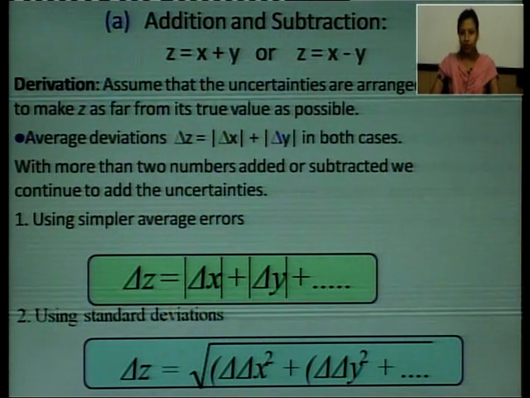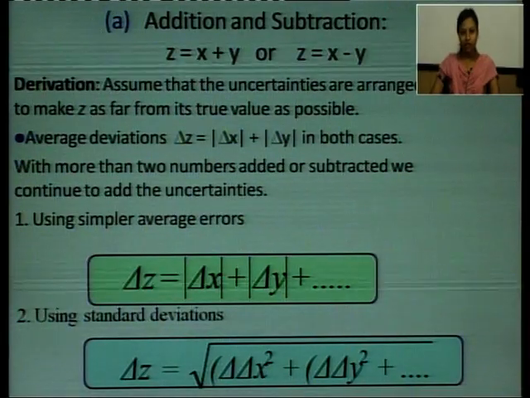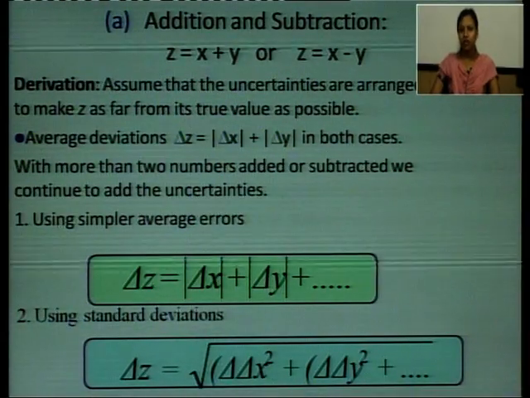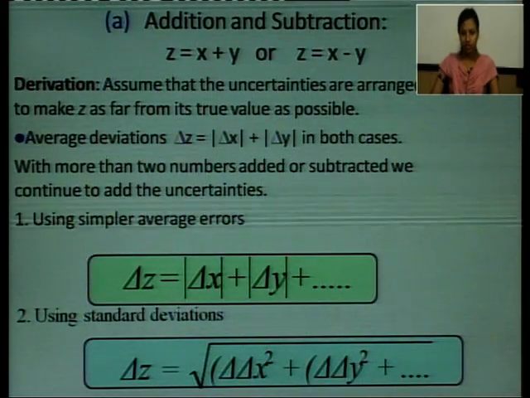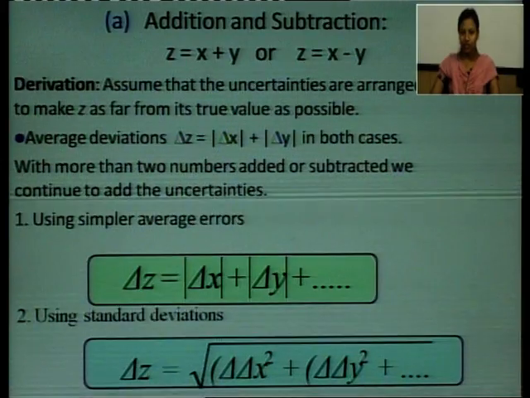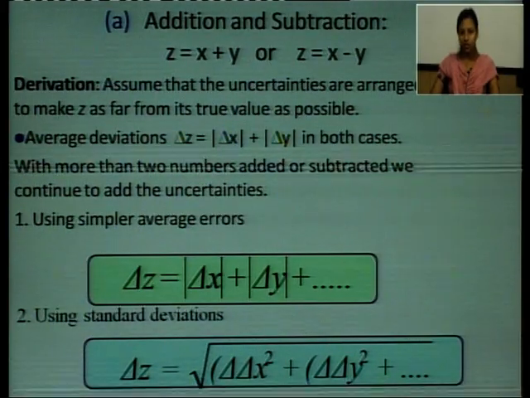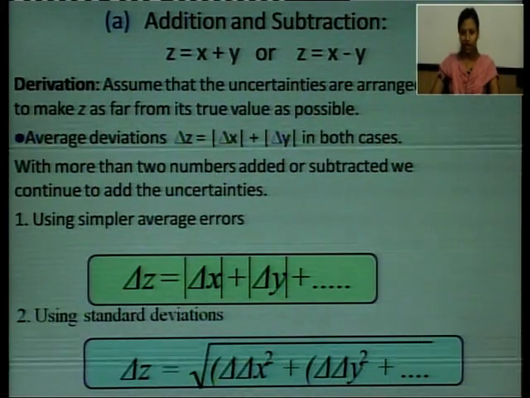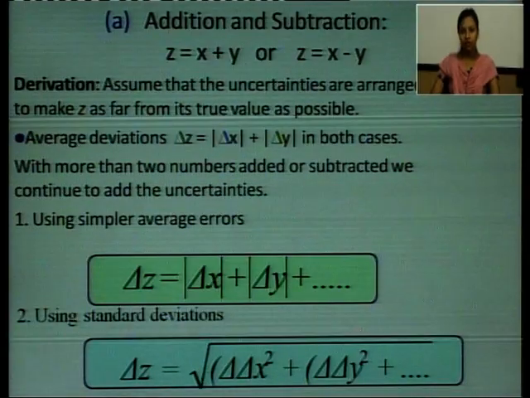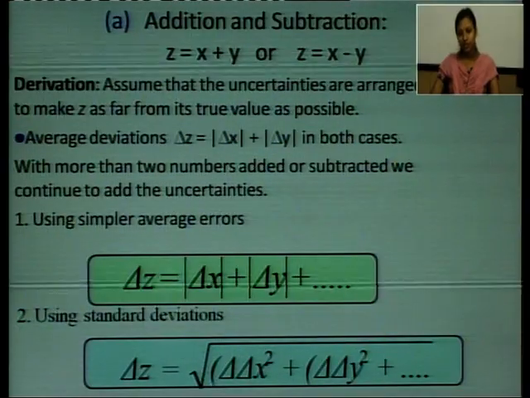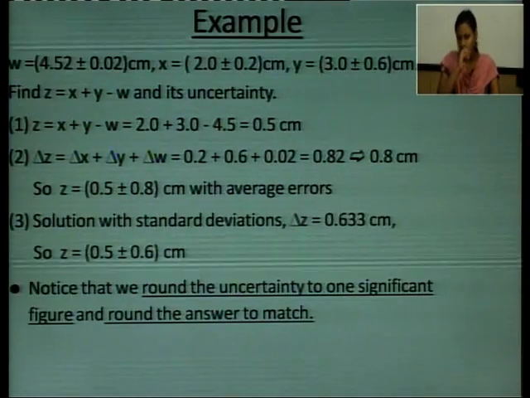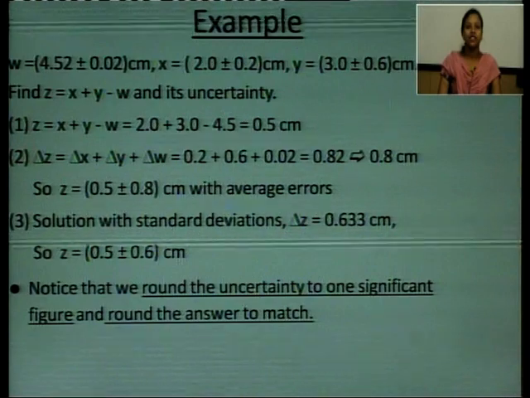So there are two types of error involved, average error and standard deviation, depending upon whether the measurements are linked with each other, that is, correlated with each other or not. If there is some correlation, then we can add linearly. If there is no correlation, then we need to add with the standard deviation. So an example for this is